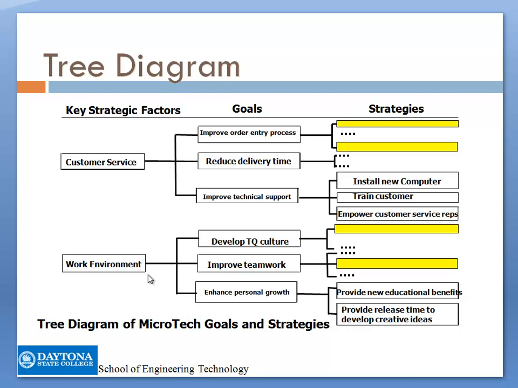But then you have to ask yourself, what needs to be addressed to achieve the objective? And then is when you have the strategies. So for improved technical support, well, we need to install new computers, train customers, empower customer service representatives. So those are very specific, and it's easier for the team members to achieve the objective. The diagram should be reviewed to determine if these actions will give the results anticipated or if something has been